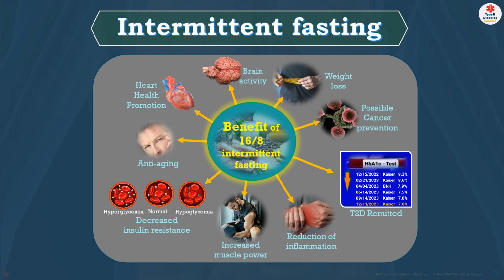And this one did good for my body because my body took it pretty well, and the routine went in pretty well. When I first started intermittent fasting, my A1C was 9.3,